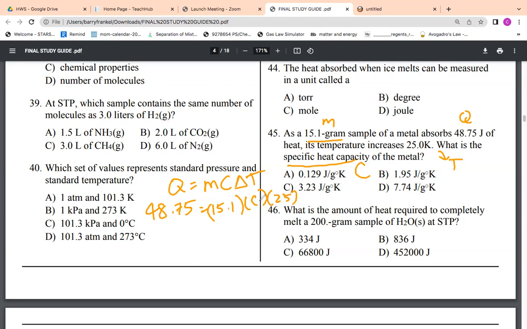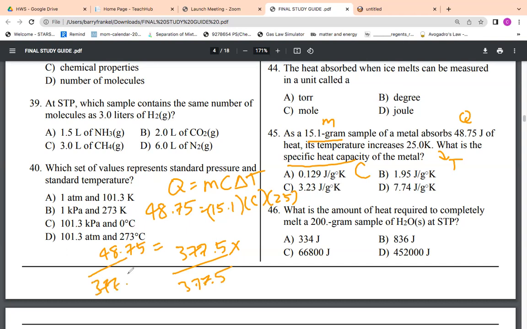So we're just going to simplify this side. Okay. So I'll write it up here. 48.75 equals, and again, we're going to simplify. So I'm doing 15.1 times 25. That is 377.5 C or X. I'll just write X, okay? Now to get X by itself, you divide by